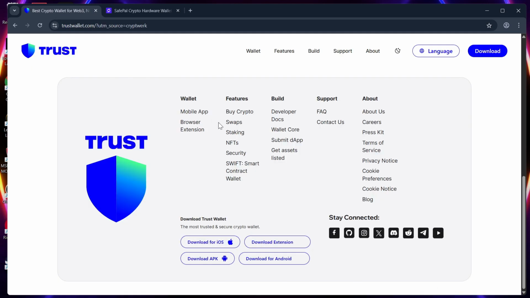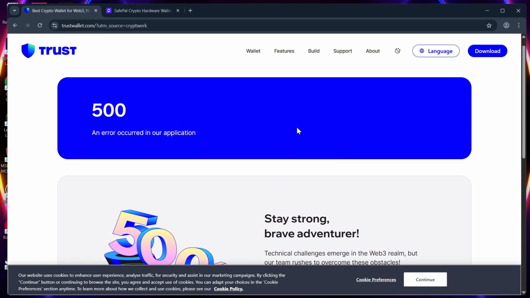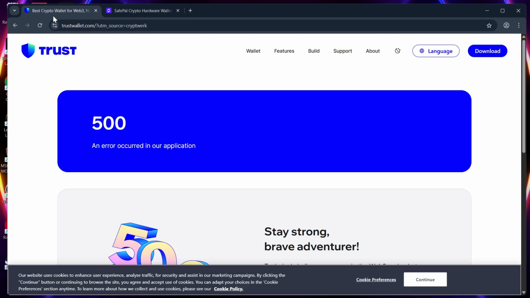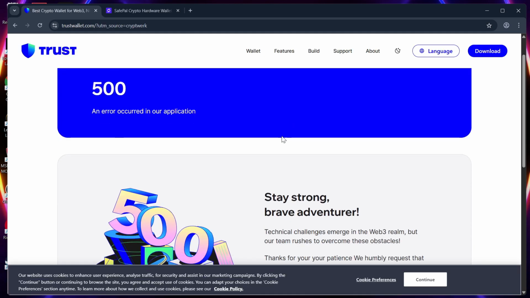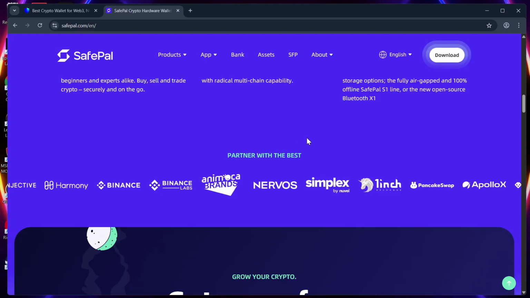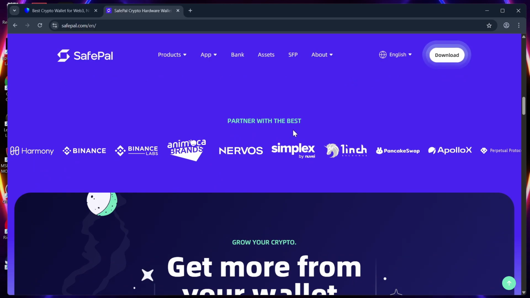For user experience, Trust mobile app UI is simpler and more intuitive with 24/7 support. For SafePal, hardware setup is slightly more involved but adds strong offline security. For their cost, Trust Wallet app is completely free, while SafePal hardware costs roughly $50 to $60 but includes enhanced